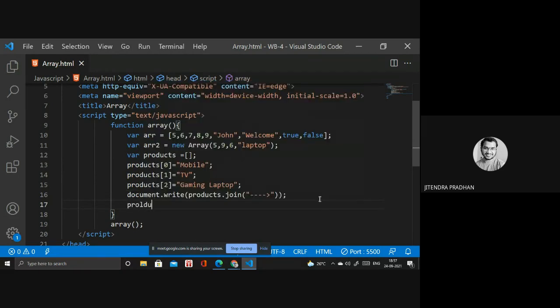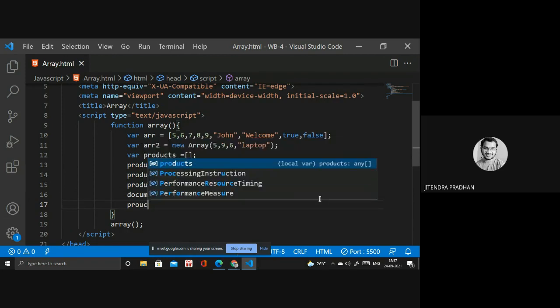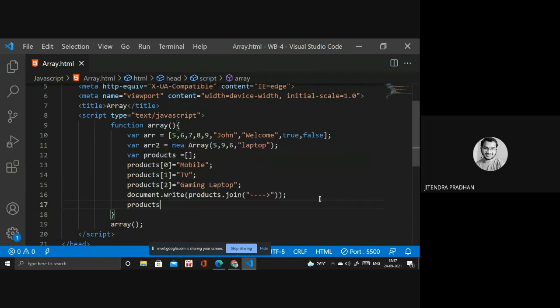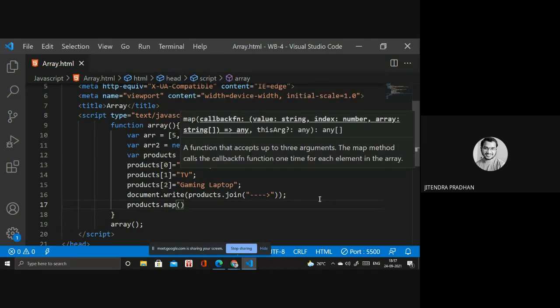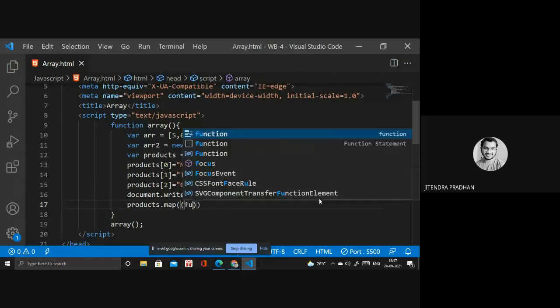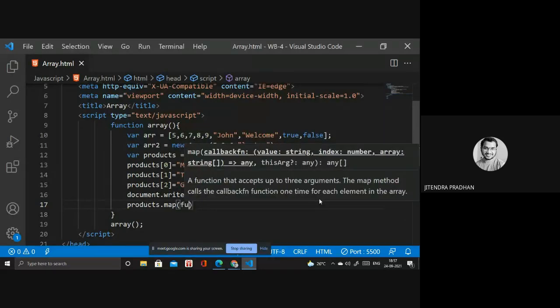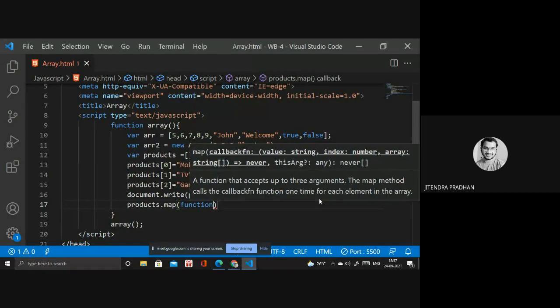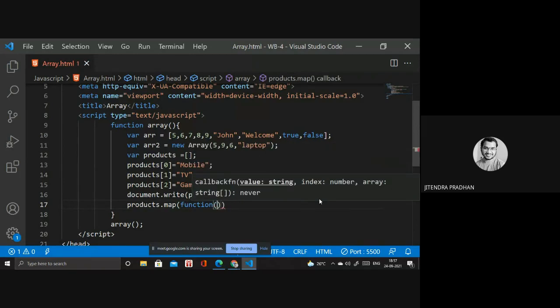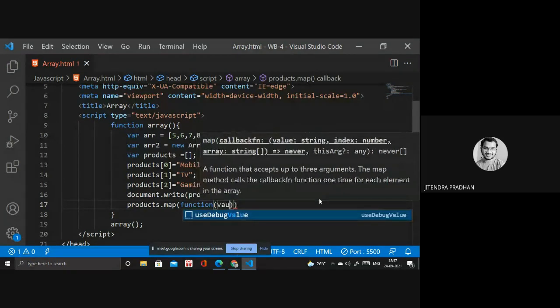Products, the product dot map function. In the map function I need to write the function. Inside the function I need to access the particular value.